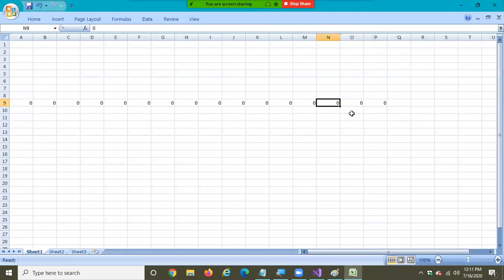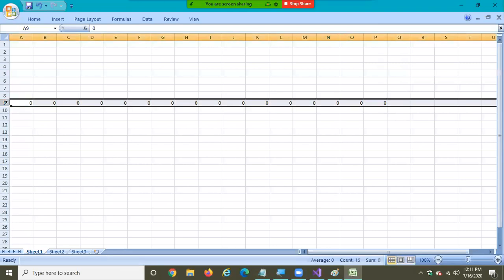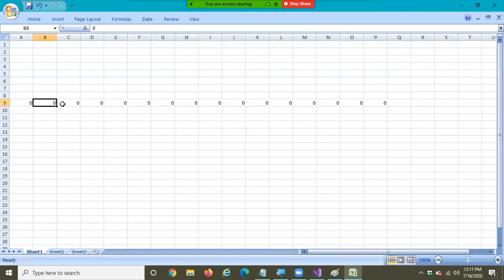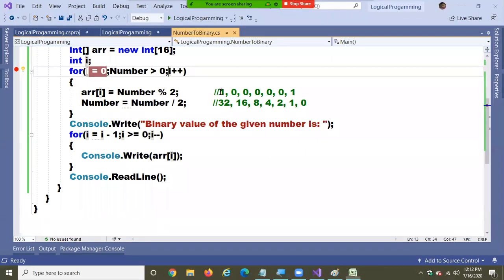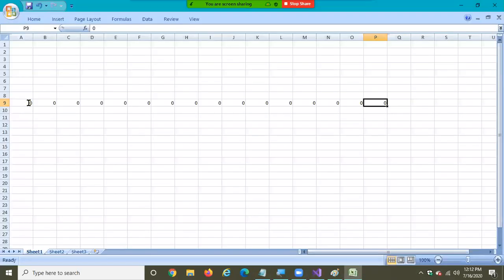Your array is 16 now, and all 16 contain zeros. But in the process of execution of the loop, the first became 1. The second one is 0, 0, 0, and this is again 1.